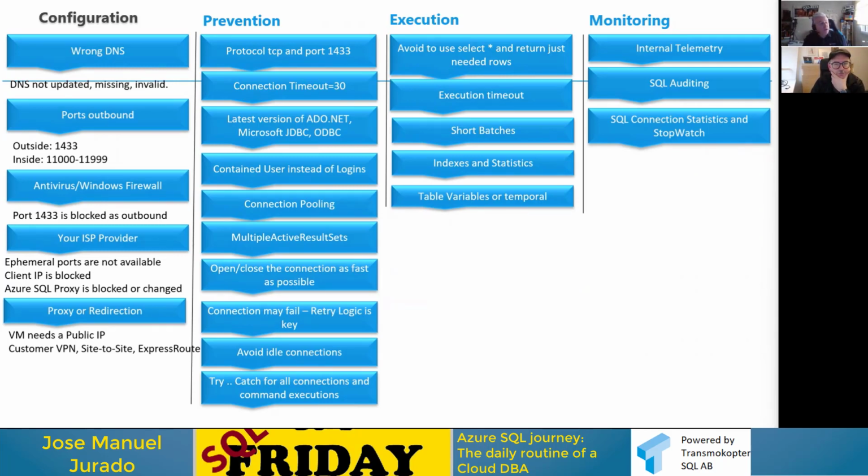Very important is idle connections. So open and close the connection as soon as possible. Also connection pooling. I could show you an example where customers say, "Oh, I'm not able to connect," but they have reached the maximum connection pooling. You know this part as a DBA. So, well, this is the part.